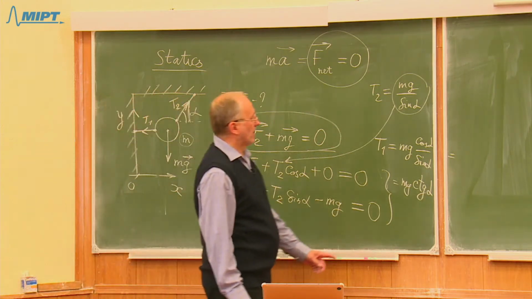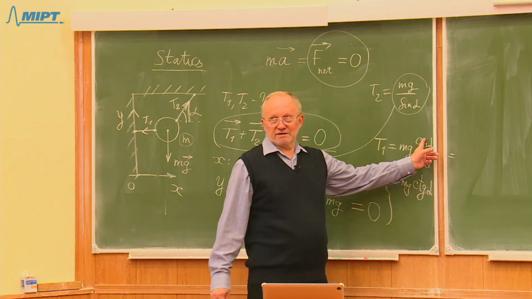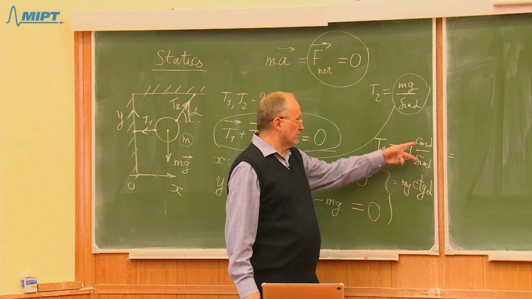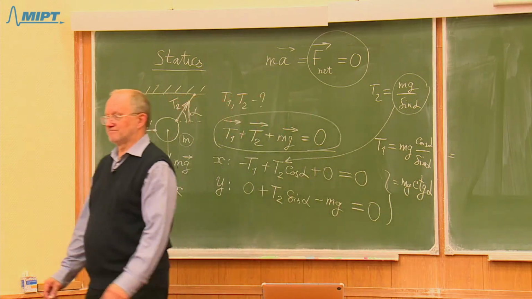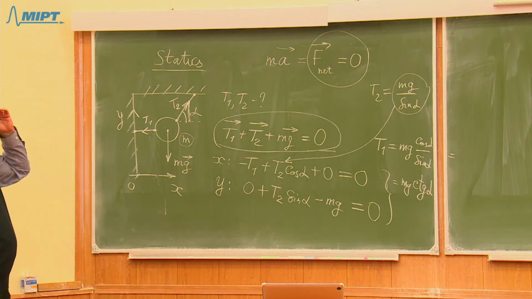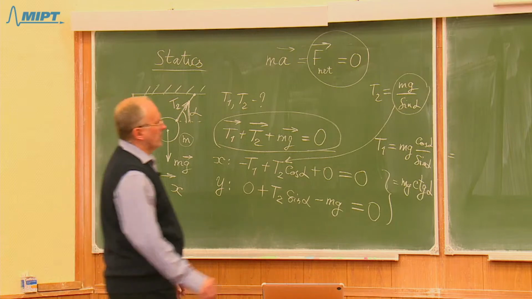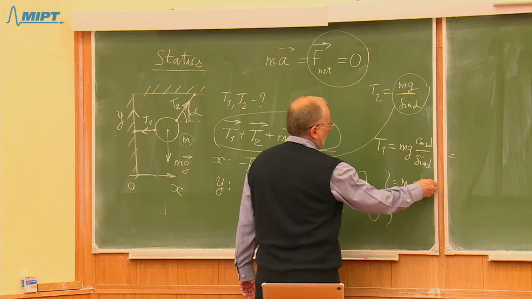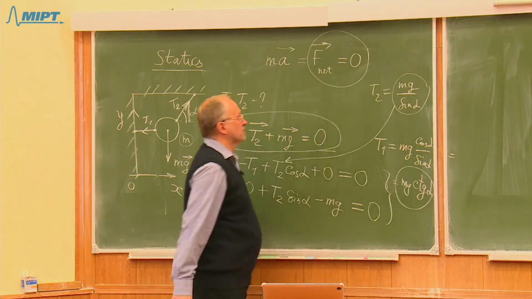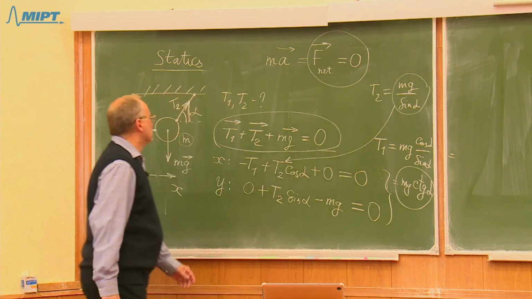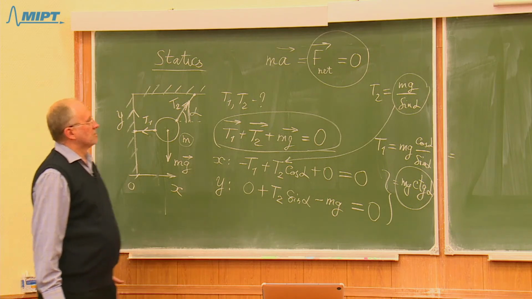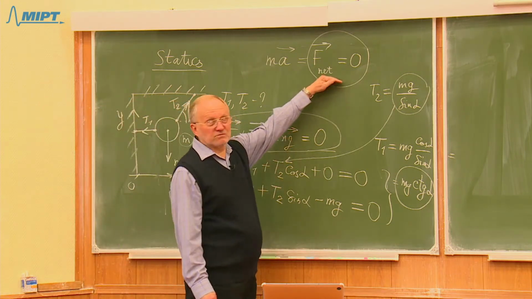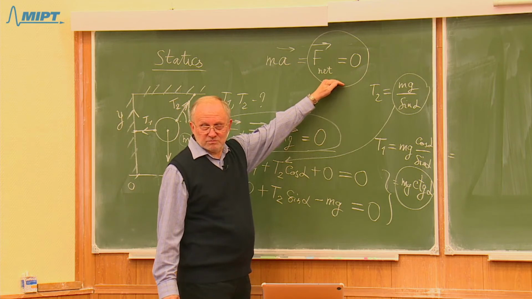By definition, sine divided by cosine is tangent. And the reverse quantity is cotangent, right? By definition. So we have found two unknown quantities, T1 and T2, in this problem. How could we find it? Actually, we used the condition for static equilibrium